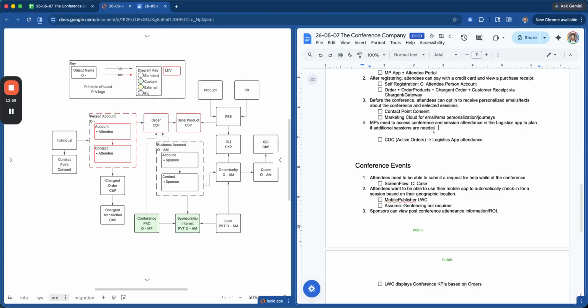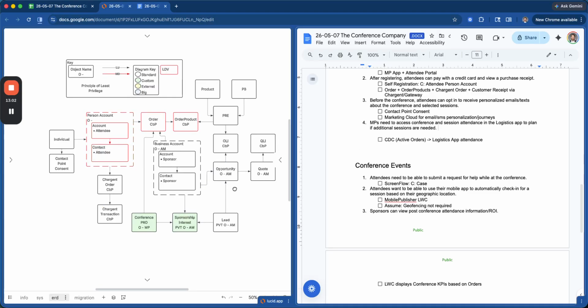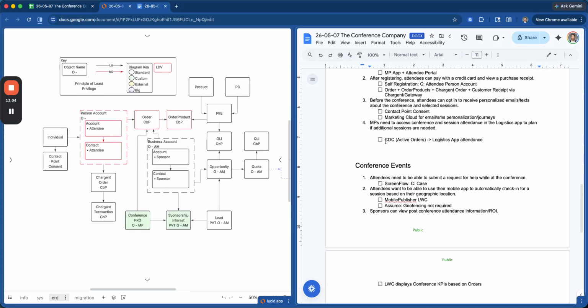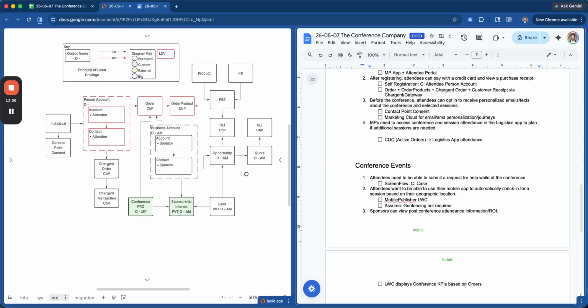When an order is activated, what the Salesforce solution will do is trigger a CDC change data capture event that will then include the active orders. Those are then, using Pub/Sub, published to the logistics app for the attendance. So we're tracking attendance at the order and order product level.